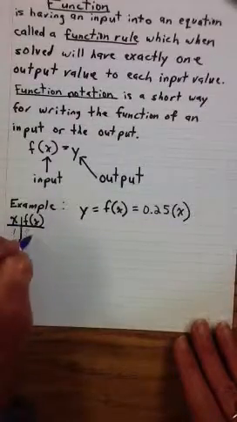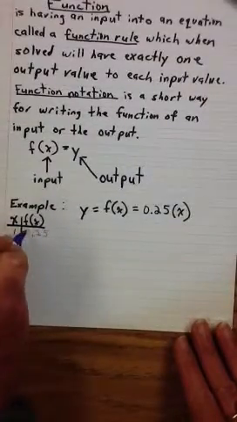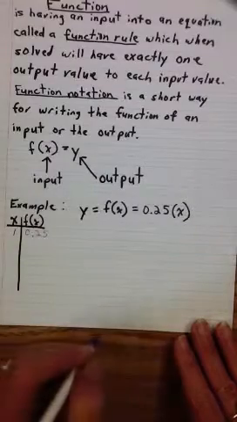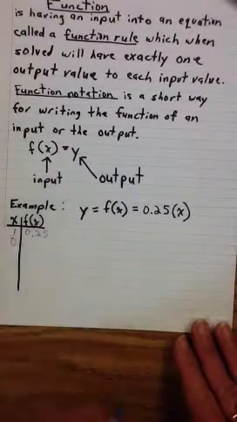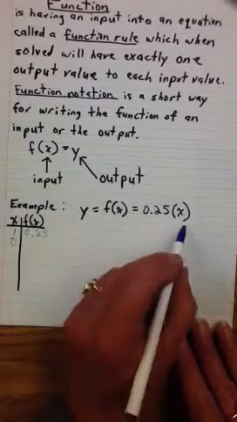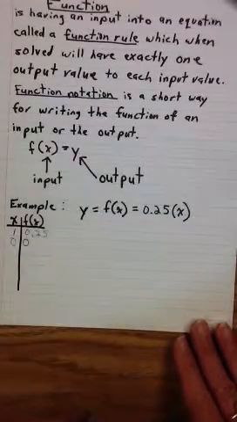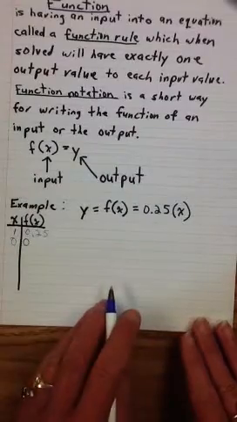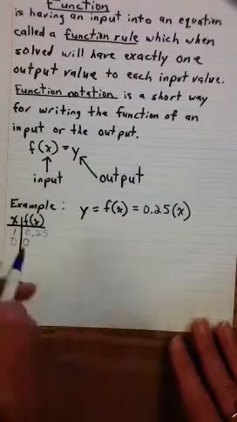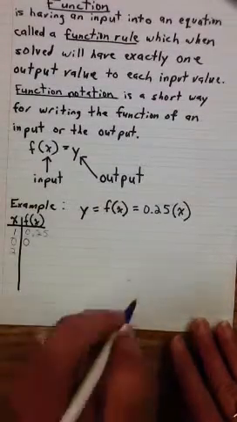So y is going to be 0.25. If I put in a 0 for x, well then my y is also going to be 0. If I put in a 2 for x,